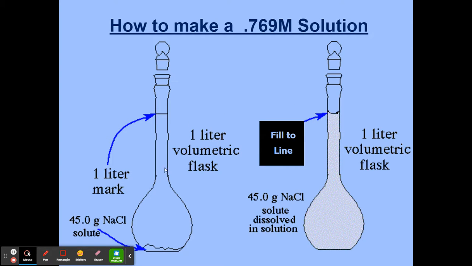But these flasks right here are called volumetric flasks, and these ones are 1 liter volumetric flasks. They measure for 1 volume and 1 volume only. You can't get half of a liter in these things. You can only get 1 liter. They are very, very precise for 1 volume. So we have 1 liter ones, half a liter ones, tenth of a liter ones, and all different size volumetrics for this purpose. But to make any solution, it doesn't matter what the solution is,